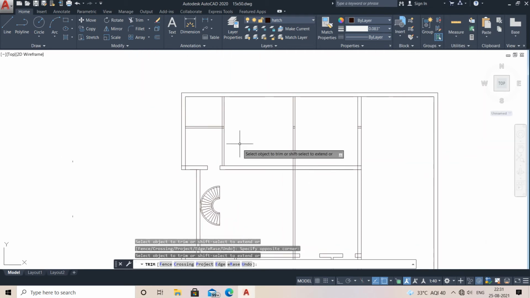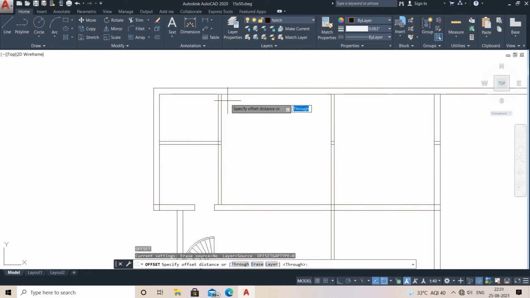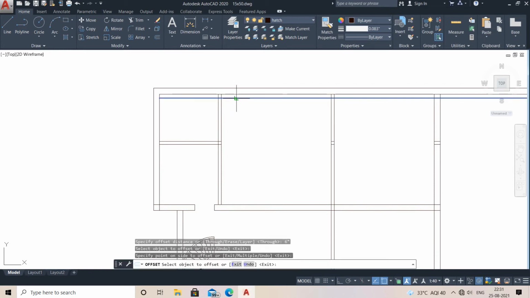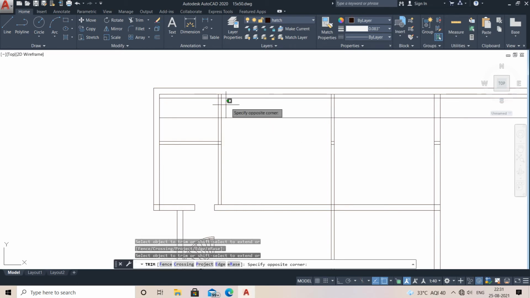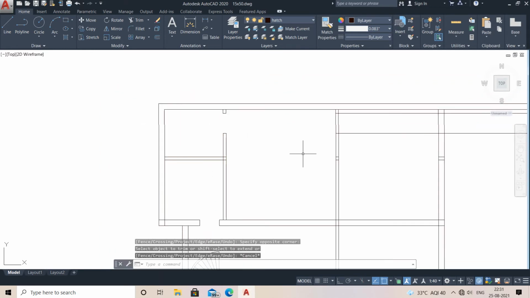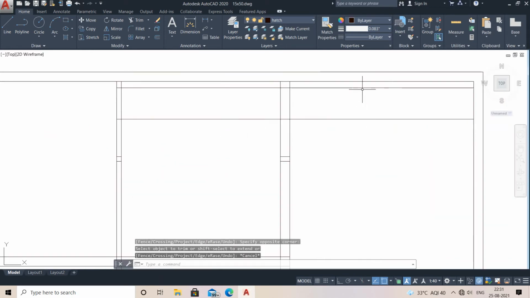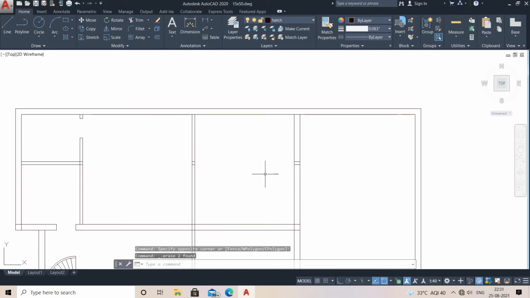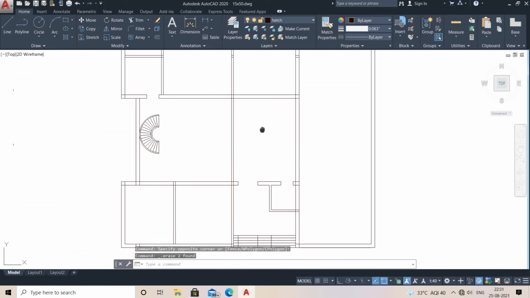After that, here also you need to make a door for it. Go for 6 inches. Now do this. After that 2.5 feet. After that, just trim it. TR, double enter. If you practice this, you may understand each and everything. This will really help you if you practice on it regularly.